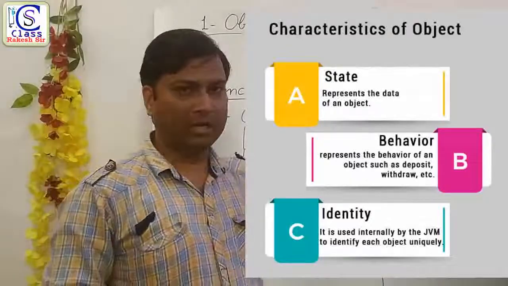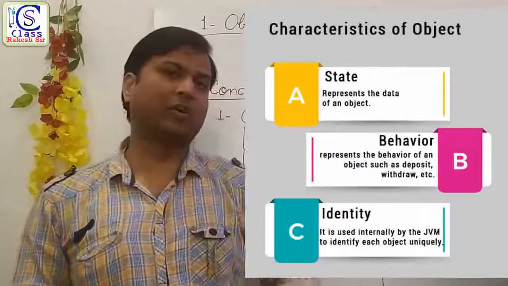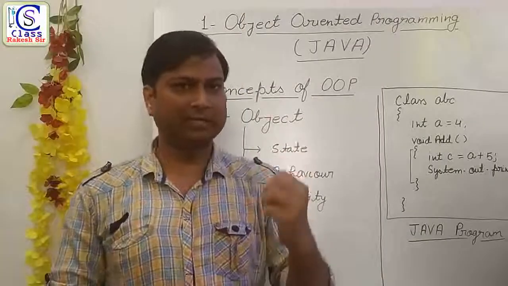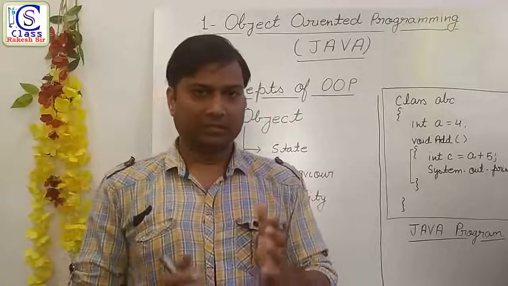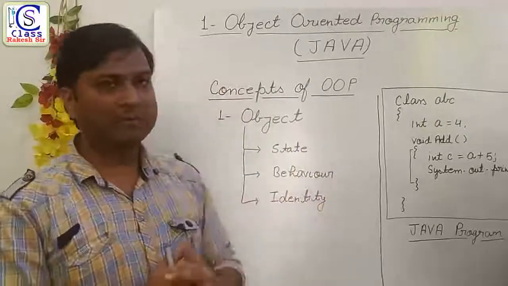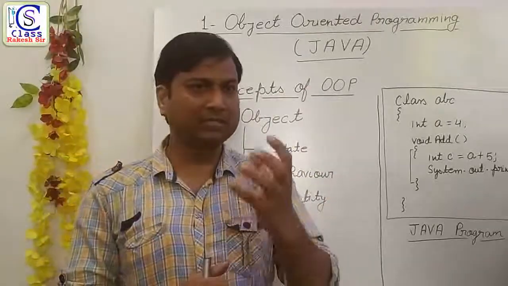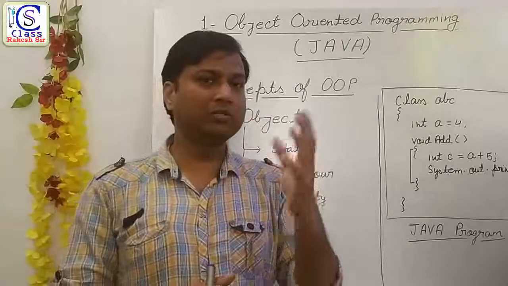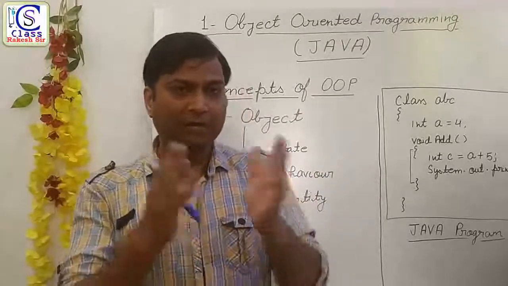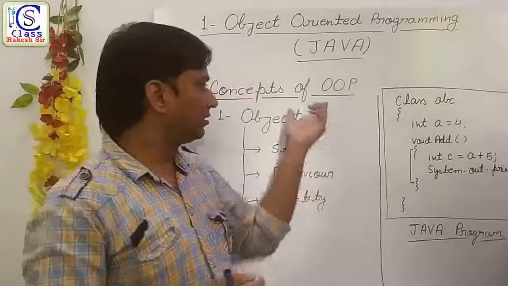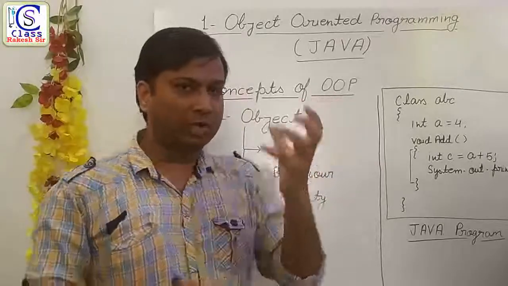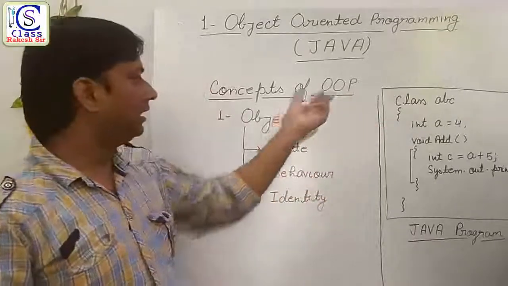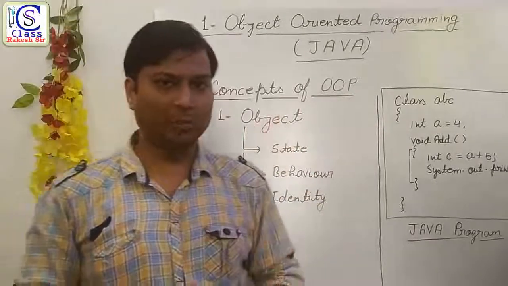In your Java program, whenever you write a Java program, you have to create an object. That is the rule of object-oriented programming. It means this is the concept of object-oriented programming. If we are going to write a Java program with the help of this object-oriented programming concept, this concept is saying that we can create an object.